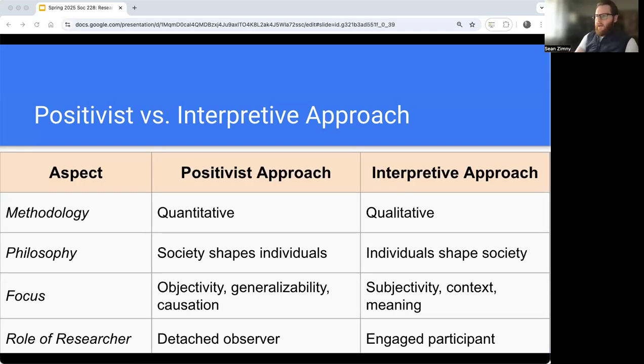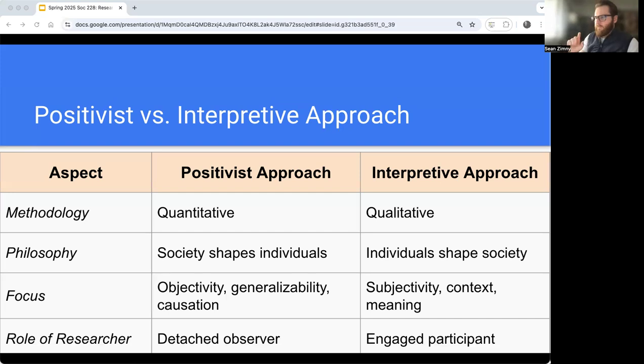So on this slide here, positivist versus interpretive approach, you kind of see just a basic layout of some of the differences that would be in these kind of lines of thought. So kind of the things that I just already mentioned, but wanted to include this here just so you could all have it. Could pause the recording and take a look here, but also you have the slides on the Moodle page too that you can then look at this